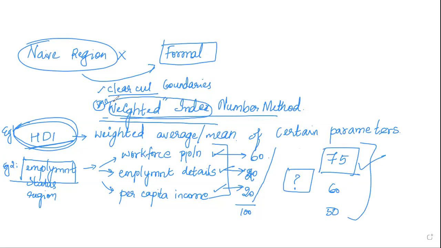I am delineating a region. I am classifying regions on the basis of certain indices. I'm giving some values, some parameters, some weights. That's the better word. Follow me closely. What did I do here? I am giving weights, which means, for understanding purposes, you can understand it like marks. How many marks out of 100? So I'm giving certain values or weights to each parameter,